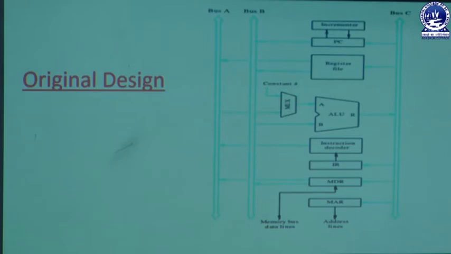That is basically for the ALU, that means bus A and bus B are used to give the input to the ALU, and through bus C we collect the result from the ALU operations, and this is the original design. So we will see how this design is modified and how it differs from this original design.